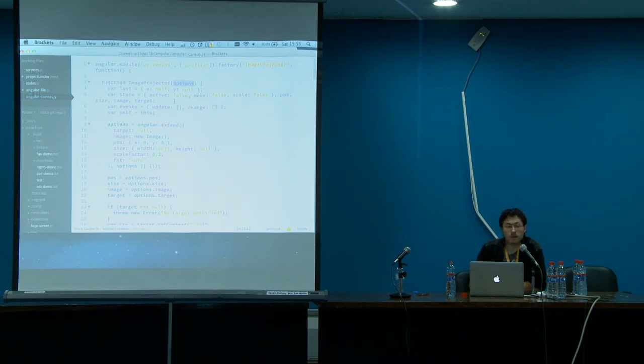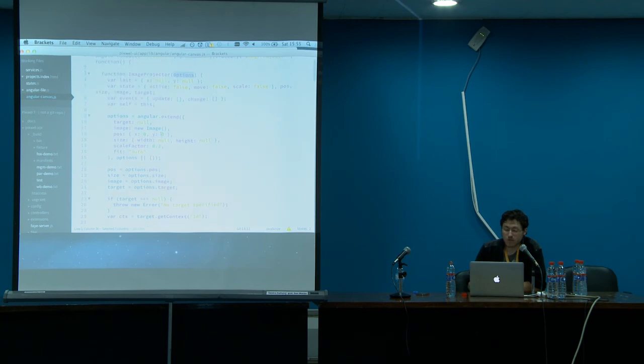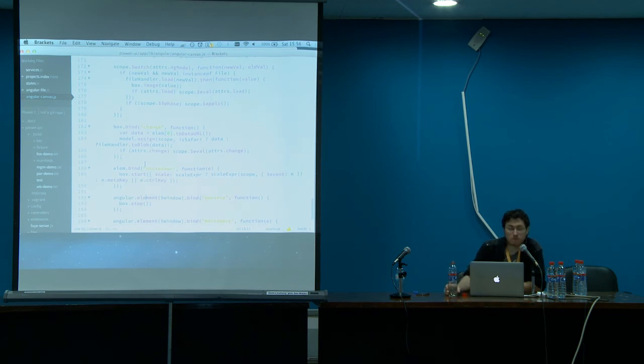And where do you define the bounds and those kind of things with the projector? Yeah, so the projector keeps track of the image in the canvas and whatever manipulation that I do. So by default, it starts off at x0, y0 with whatever the native dimensions of the image are. And then as I manipulate, it's keeping track of whatever I did last and updating the image and how it renders in the canvas. And that's what all of these event bindings are for. Does that make sense? Cool.